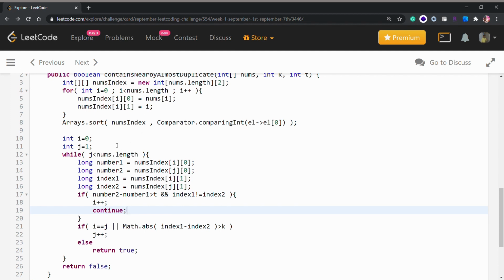I would like to reiterate everything we have done step by step, and I think it's extremely easy if you try to break it down in pieces. So first of all, we are just creating a 2D array to store our numbers which we have been passed in our nums, and we are also storing their indexes. Why are we storing the indexes?